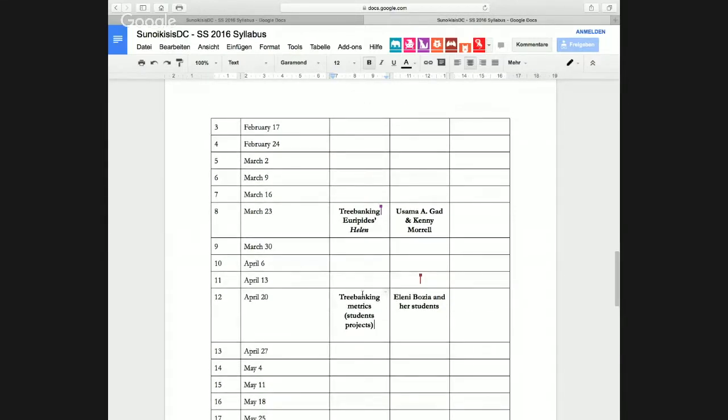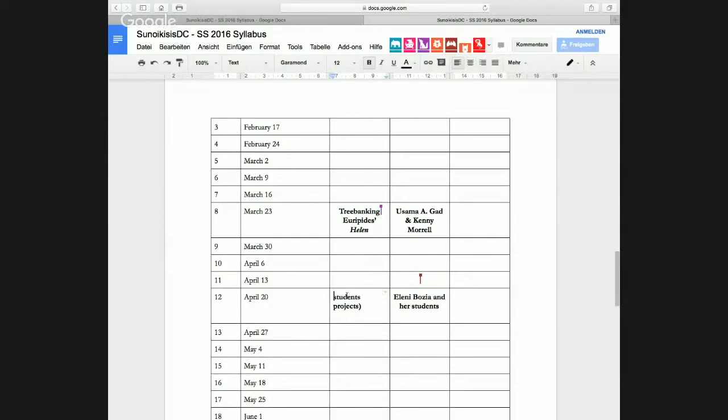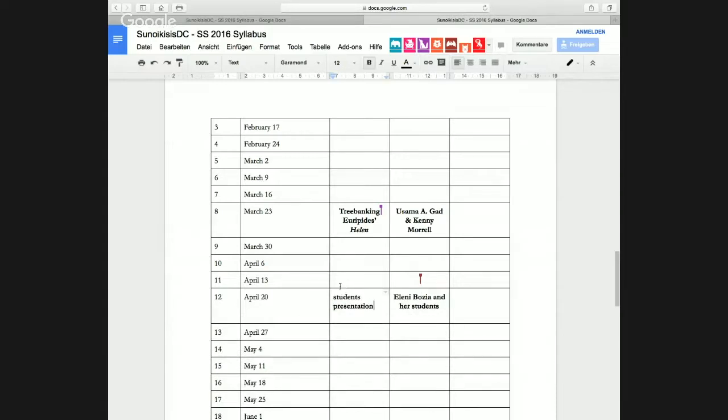The tree banking metrics, I can do them any other time. So, sorry, okay, tree banking, yeah, I understand. Sorry. Okay, so student presentation, I can see presentation, and